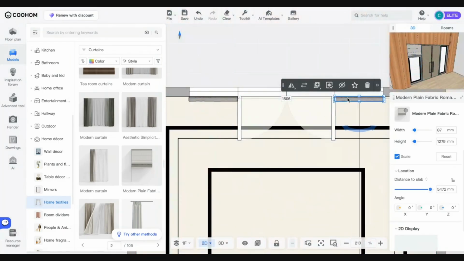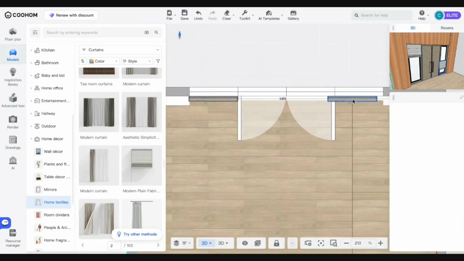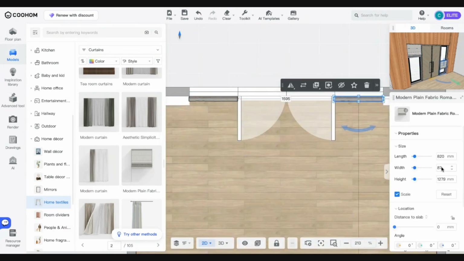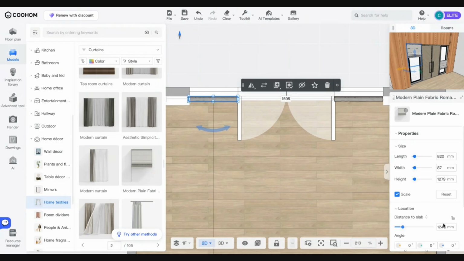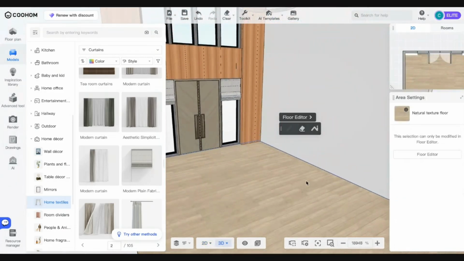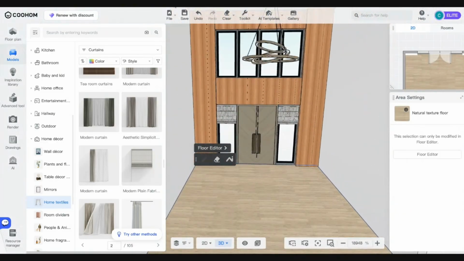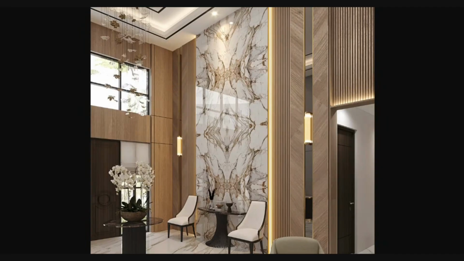You can delete this one. Go to floors. Copy another one over here. Same height 200. 200. Make it 3D. Okay, like this one. Okay. And then next thing,